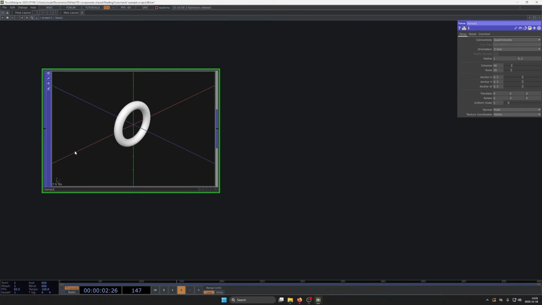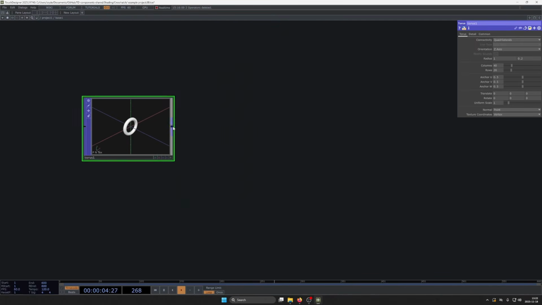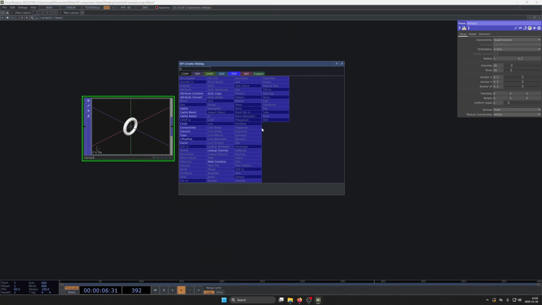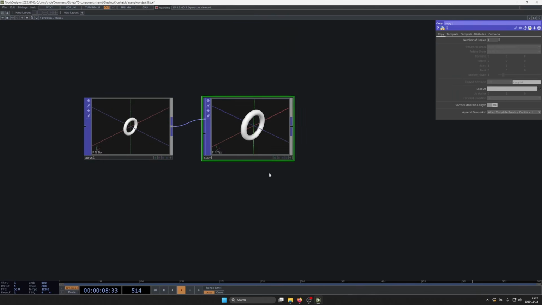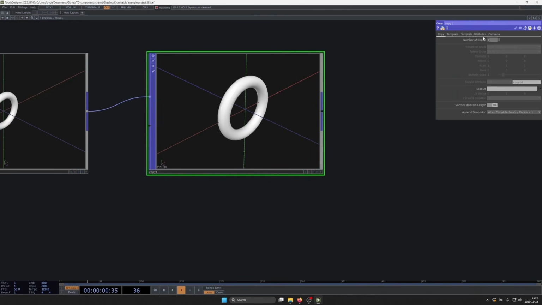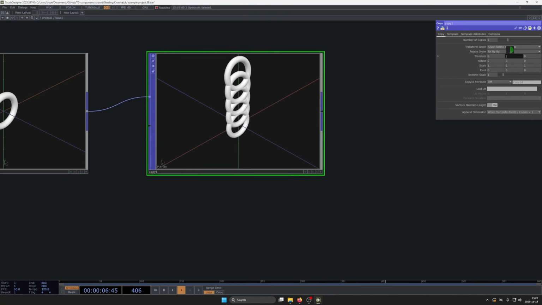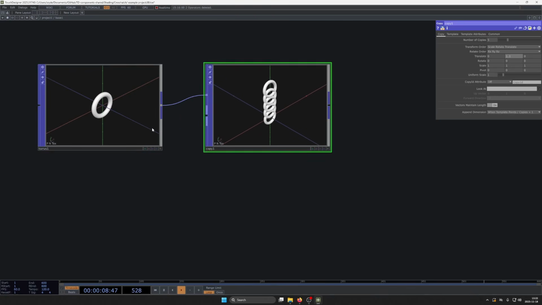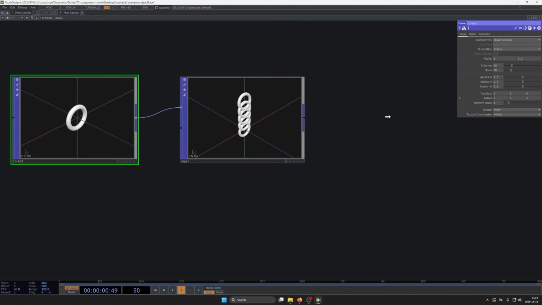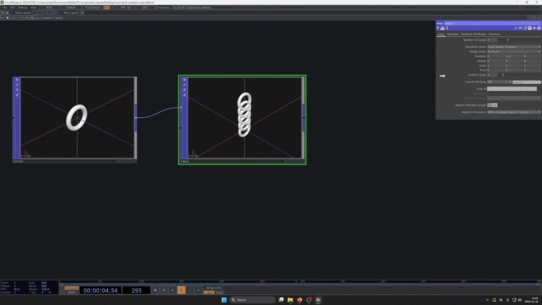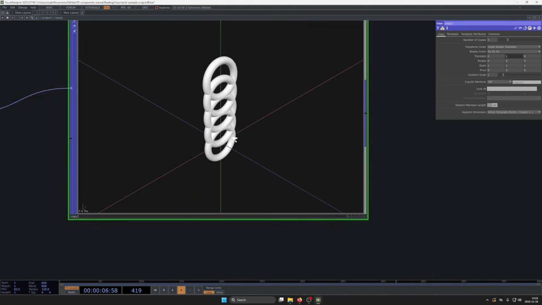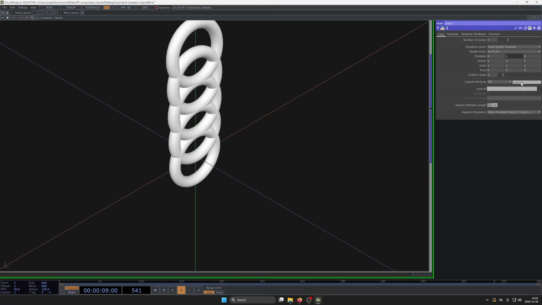I'm going to orient it in the z-axis, and then let's copy it a few times. So let's copy it, let's say 5 times, and let's translate it upwards by, we could actually grab this radius just for clarity. So we translate it up by its radius every step, and then we also,